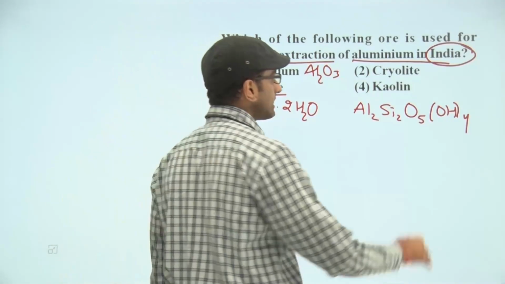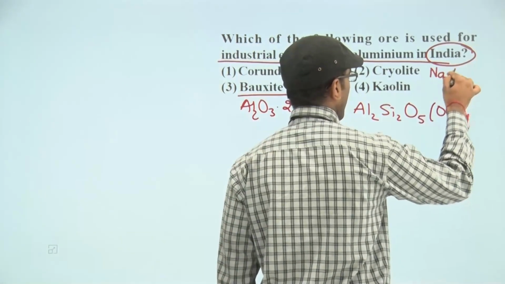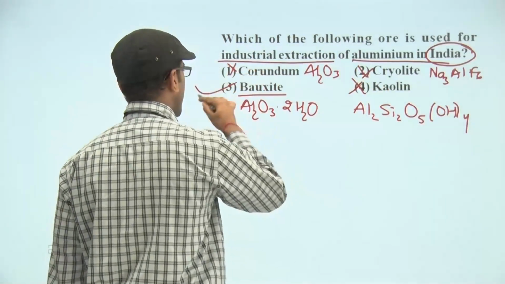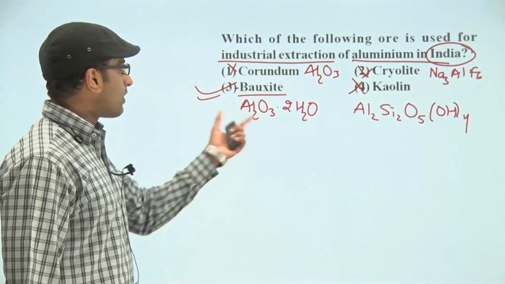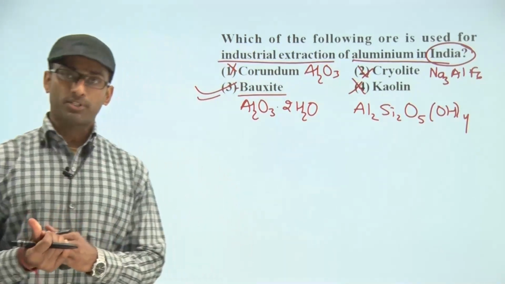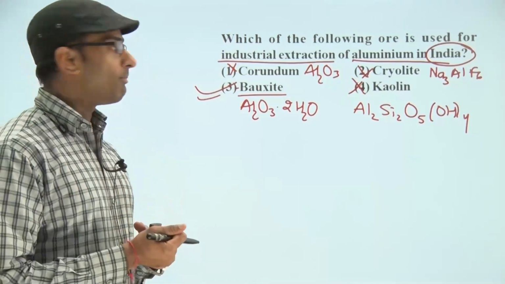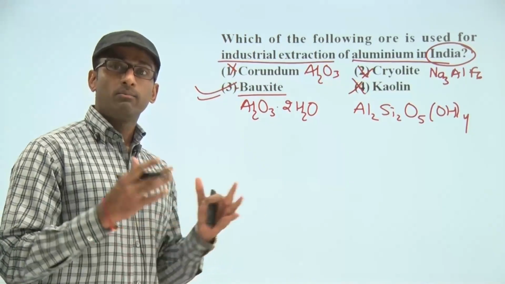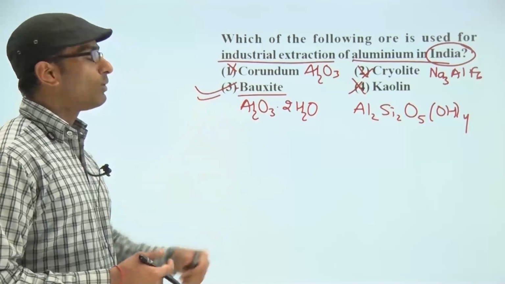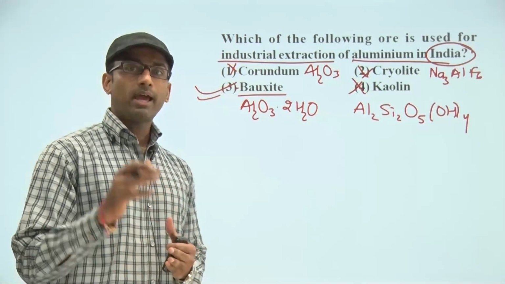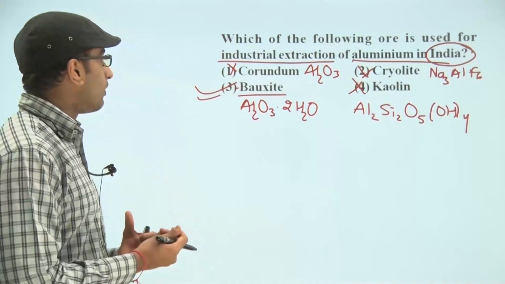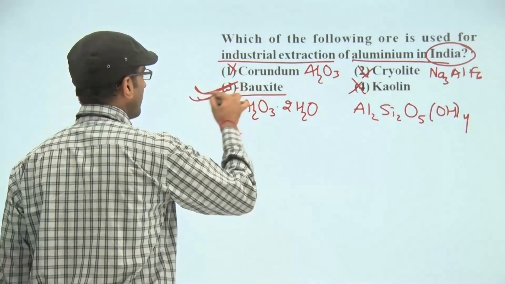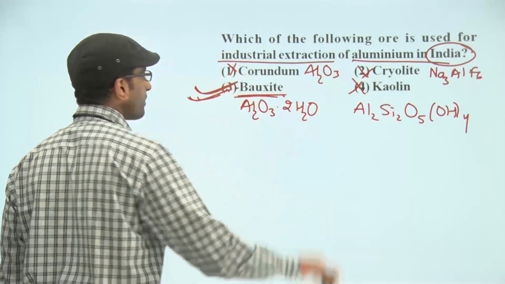Next, cryolite, sodium aluminium fluoride. So the main ore of aluminium is bauxite, and for the concentration of this bauxite we use the Bayer process. In case iron oxide is present in more amount, the Serpek process is used for concentration, in case silica SiO2 is present in more amount. Then after getting Al2O3, the alumina, we go for the Hall-Heroult reduction process, for obtaining 100% pure aluminium. So all the techniques are based on this main ore, bauxite. So the third option is correct here.